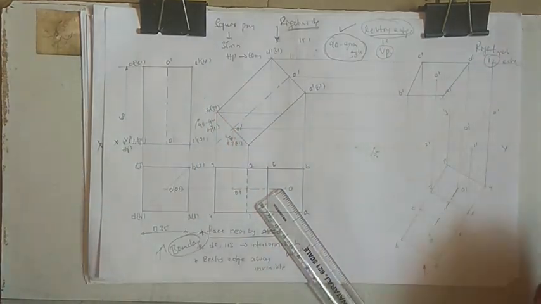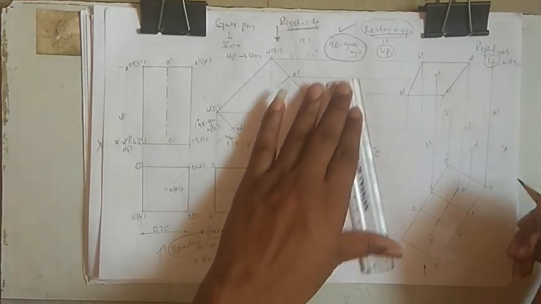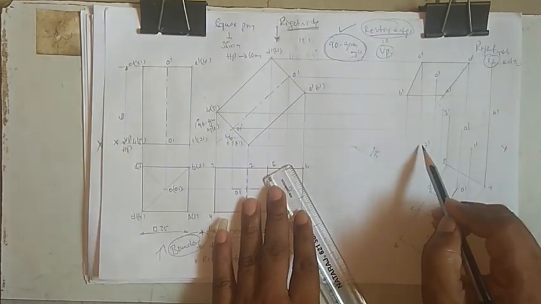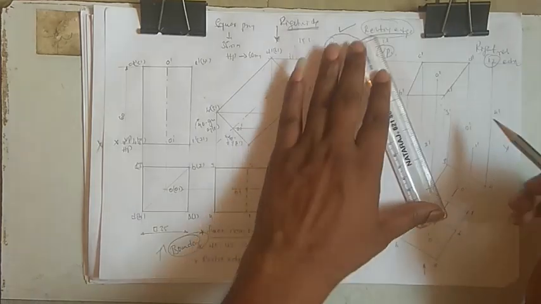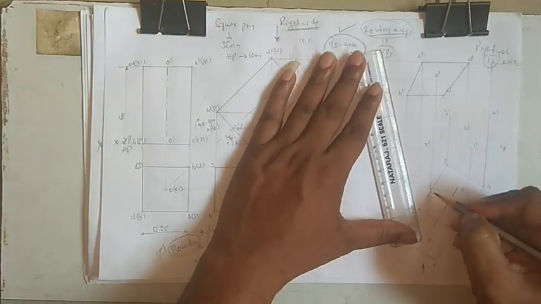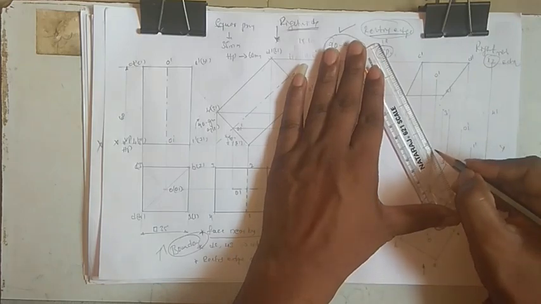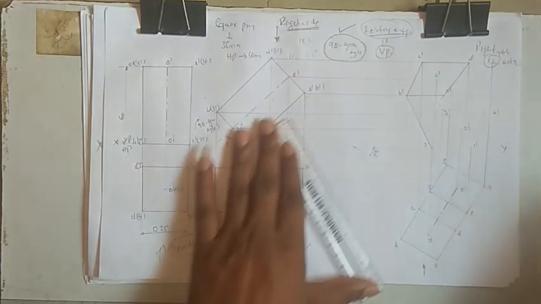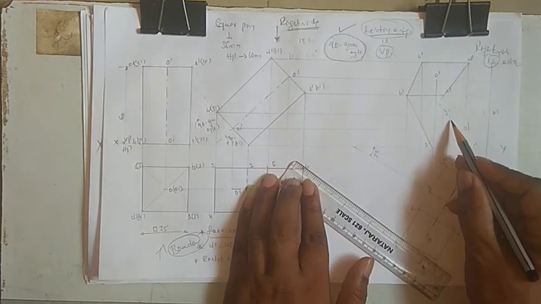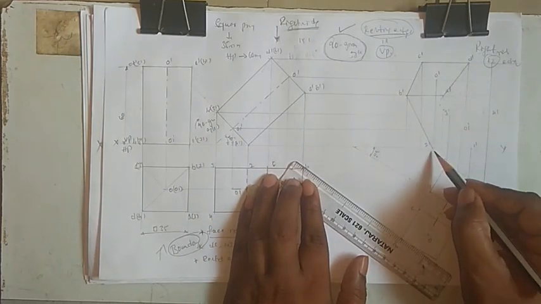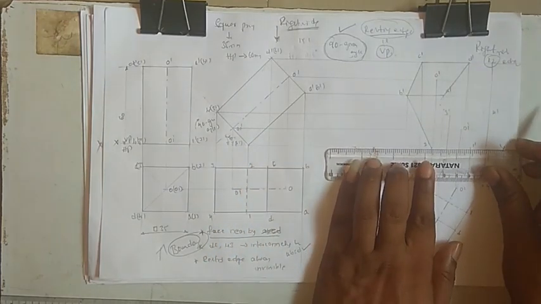Okay, so now once it is done, now trace the boundary. So from B it will not go to 3, it will come to 2. Okay, so where is 2? So 2 is here. So B to 2 is the boundary. So now 2 to 3 it will go, but it is inside. So 2 to 1 is a boundary.